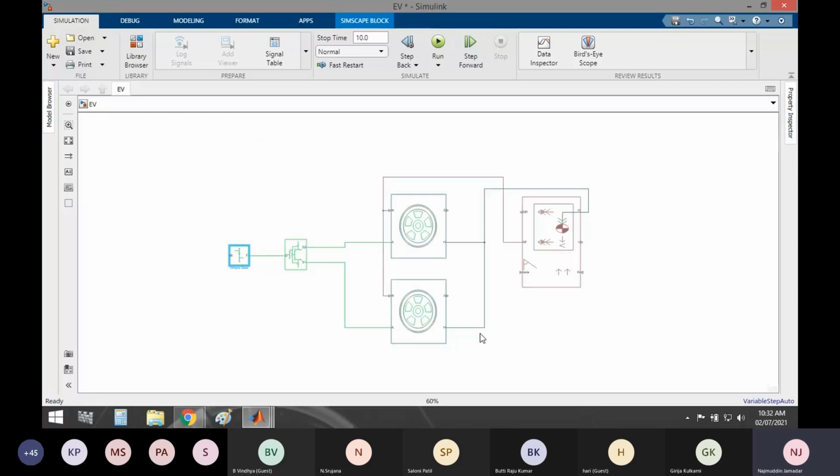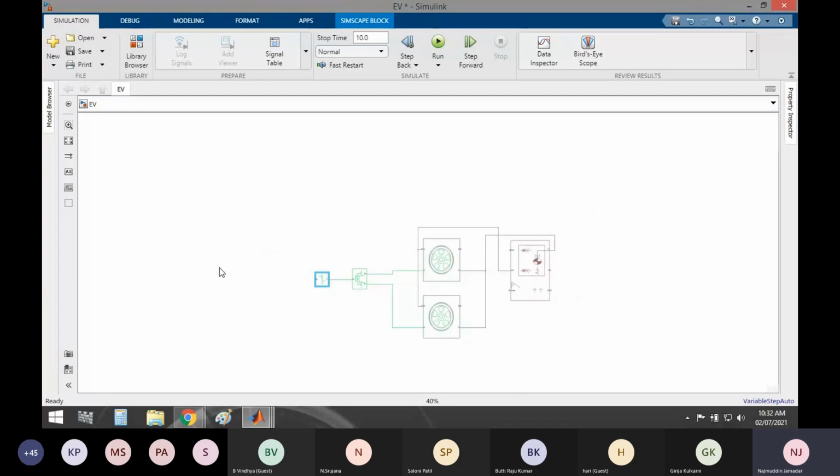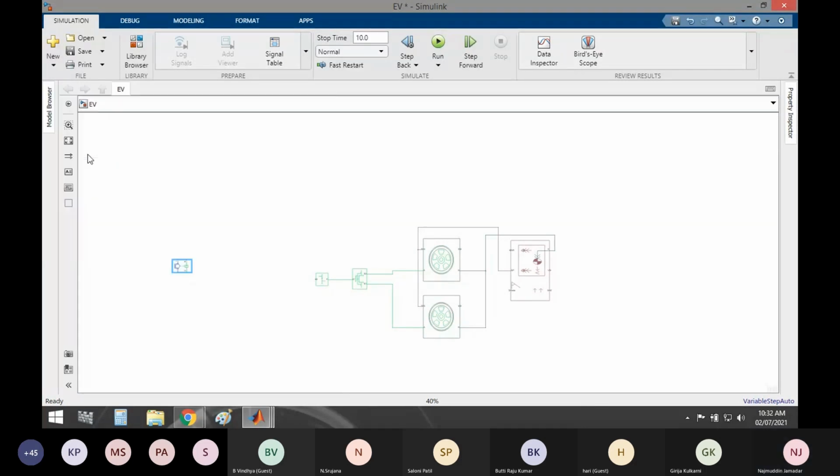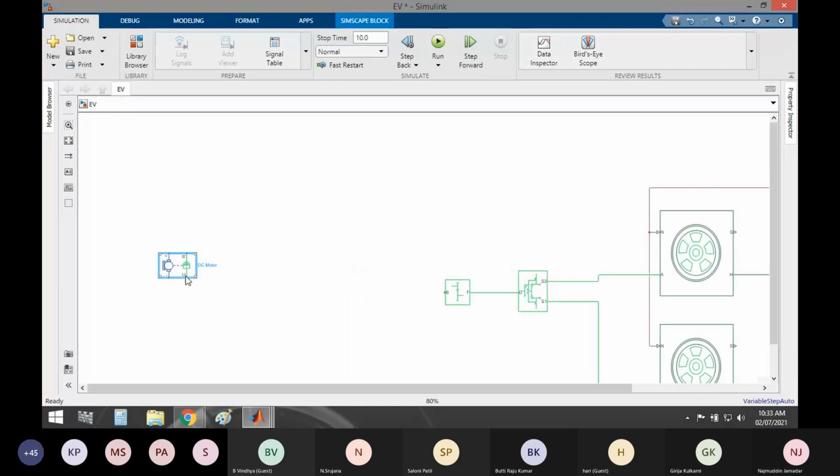Now the main factor is a motor. We require a motor to connect it. So I will just type motor. I will select DC motor. So DC motor, I will double click it.